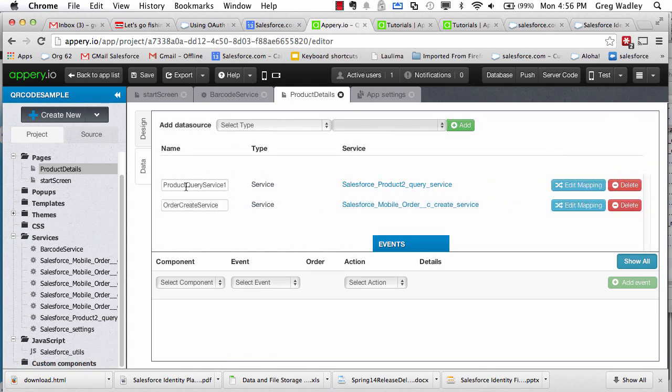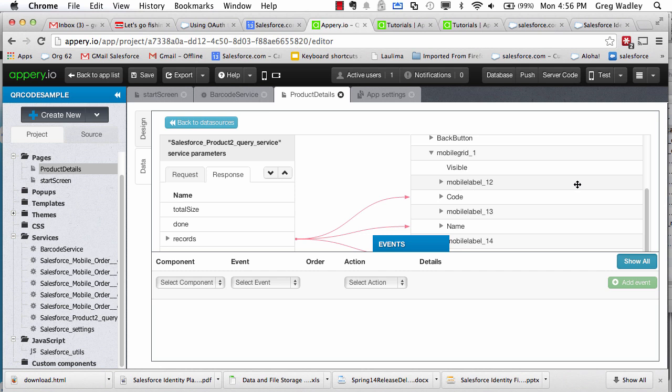First, let's look at the product query service. So the product query service needs to take the result that I stored in the first page when I did the barcode lookup and go in and do a query against the product table, and then make those variables that I get back available to the second page. So if we look at the edit mapping for this,